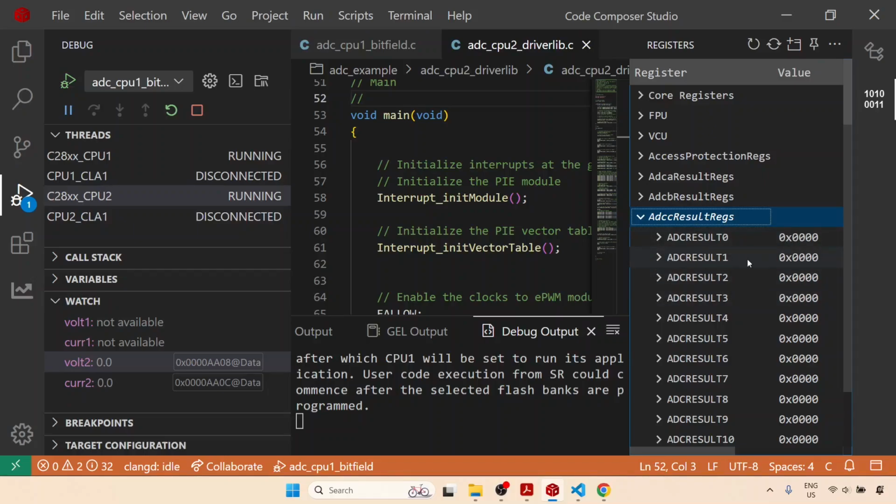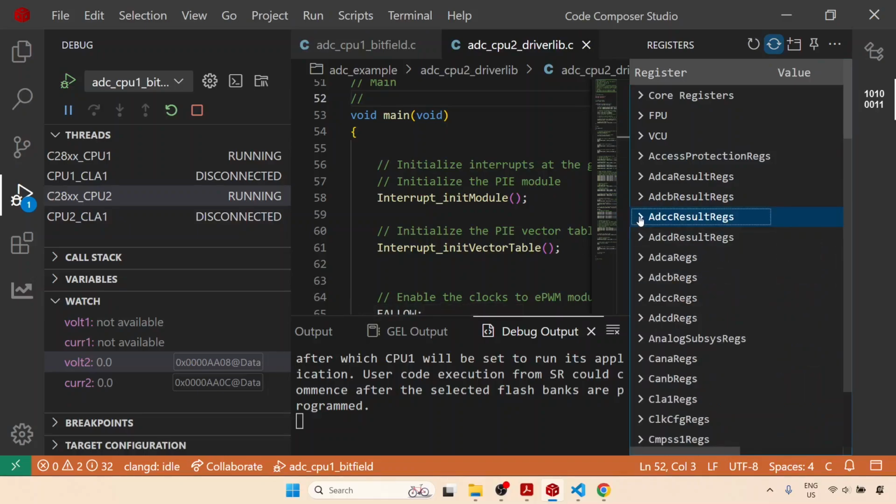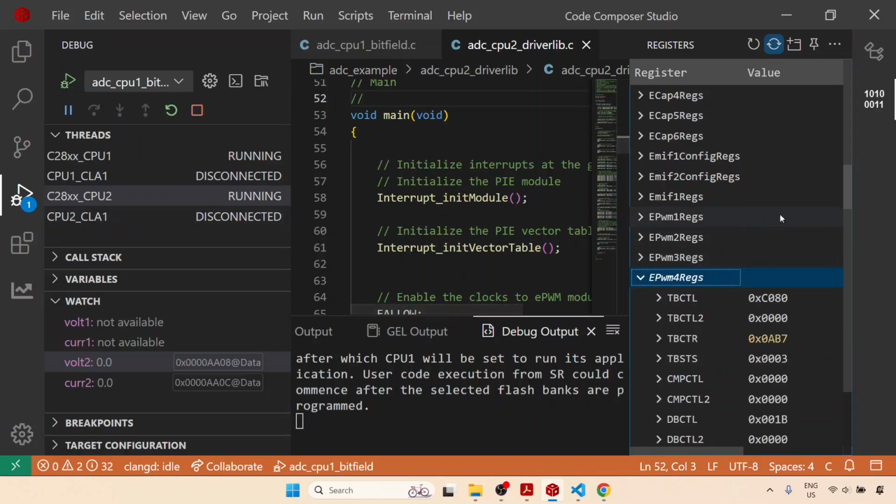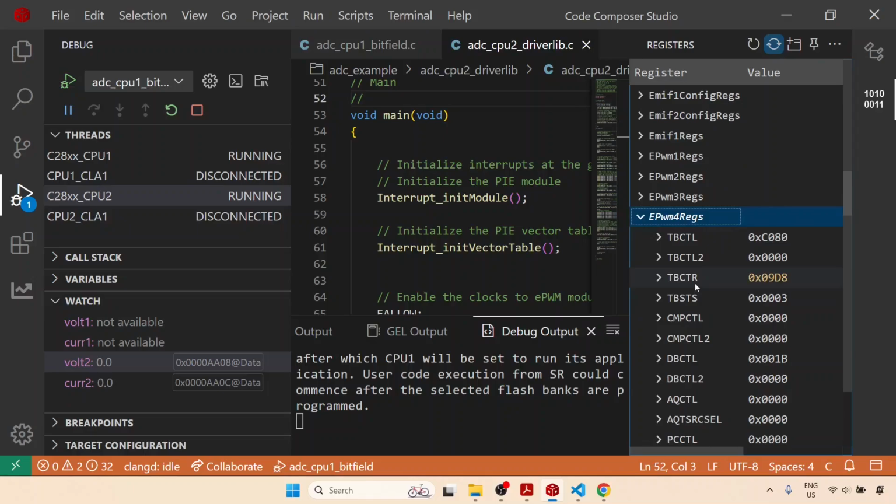ADC result 0 and ADC result 1 are 0. Let's go into synchronous mode, or rather continuous refresh mode, and you will see that also has no impact. Now I'll collapse this for a while and let me come over to EPWM4 regs and just show you how this works, because this is CPU2. And you will see that since I am in the continuous refresh mode, you will see now the TB counter